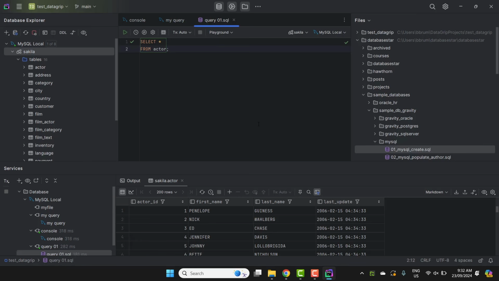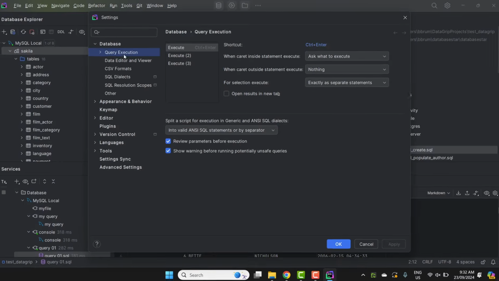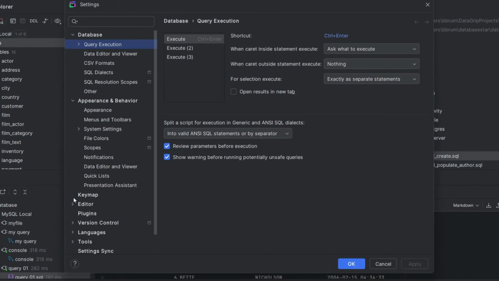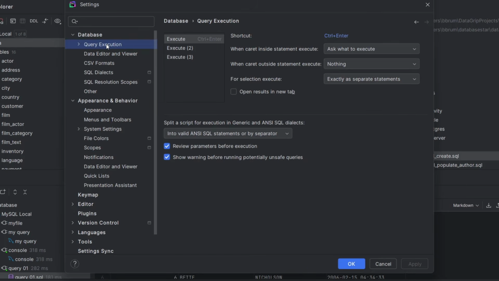We've seen a few different settings to change within Data Grip, but there is a settings menu that has a lot more we can change. You can access this by going to the cog icon, then Settings, or going to File, then Settings. On the left, you have different categories of settings. On the right are the settings you can change. Browse through here to see how you may want to change the behavior of Data Grip. You can also use the search box here to search for a specific setting.